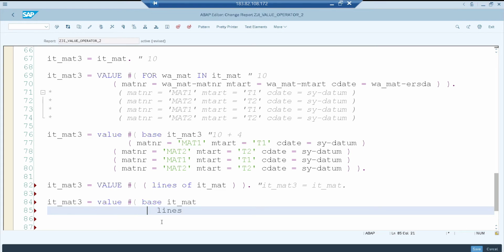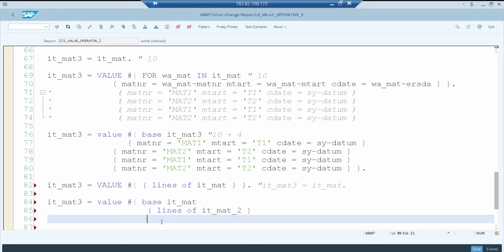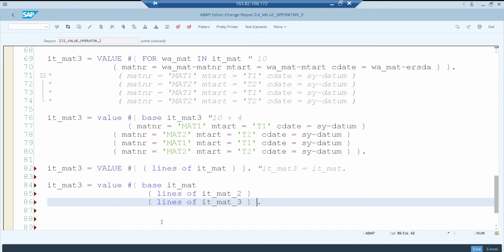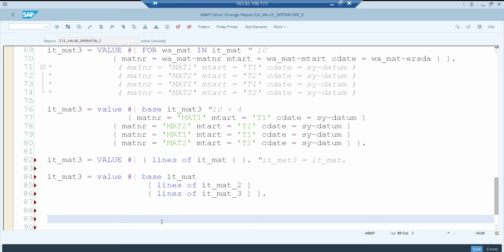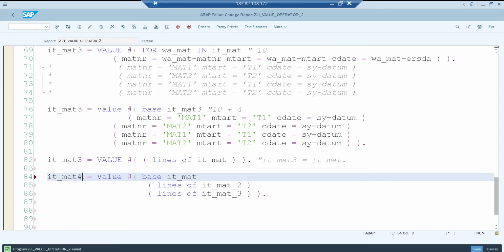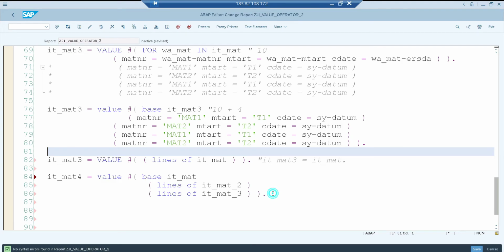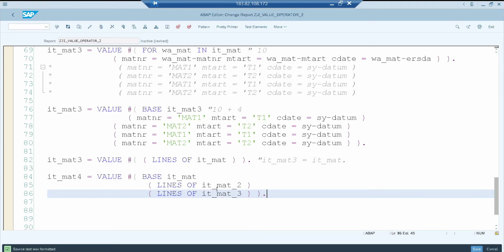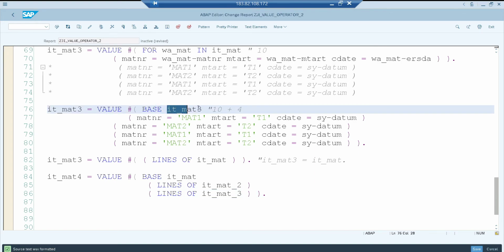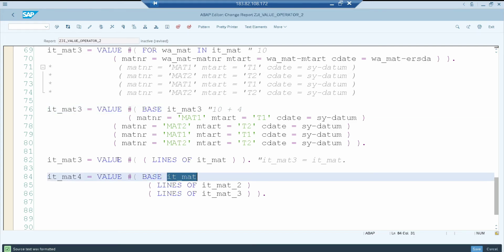So lines of it mat underscore 2, and then move the data from another internal table it mat 3. So this is not one by one. Okay, it's a bulk. So one more. Okay, so let me go the fresh internal table. So this way also you can make use of base. So base is just taking care of the LHS data. That is one way. Another way, even it can move a different data to the base for which internal table